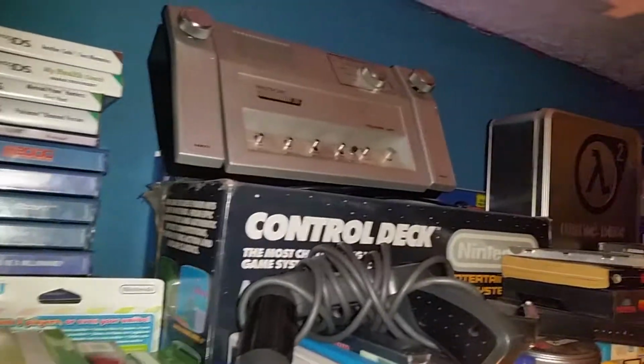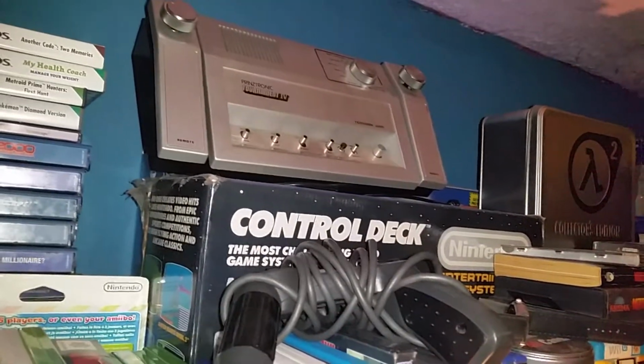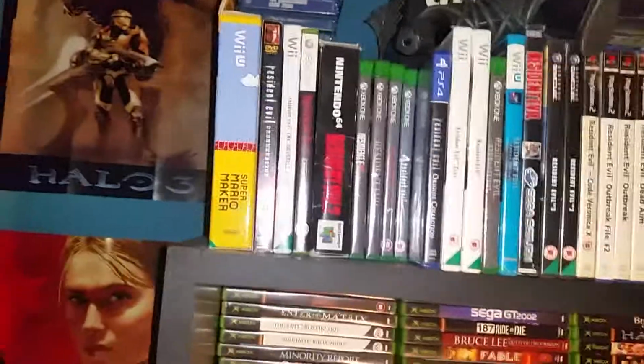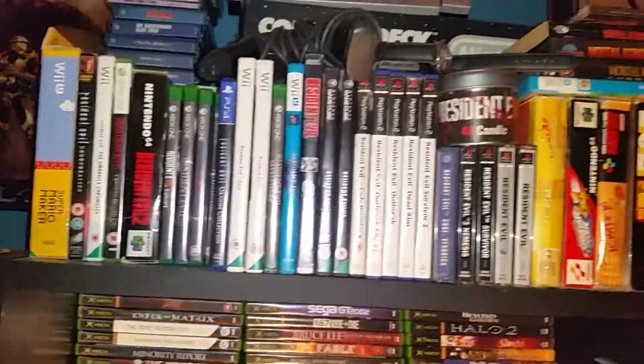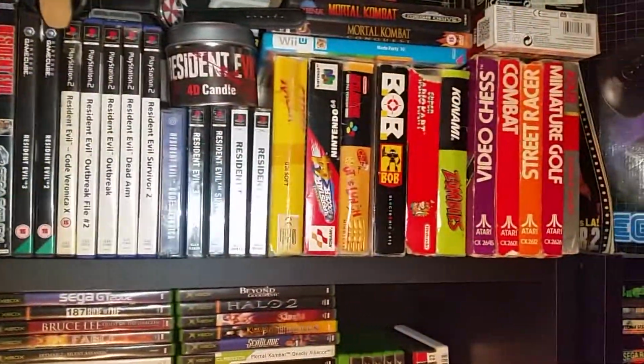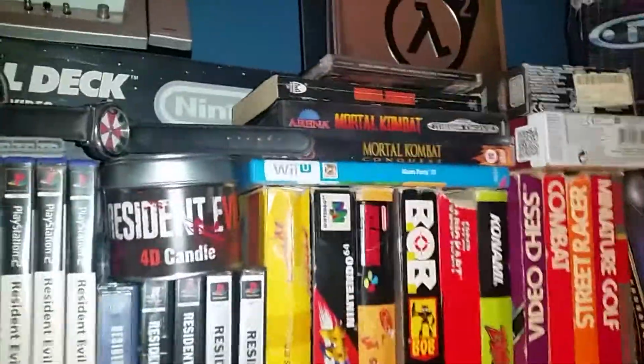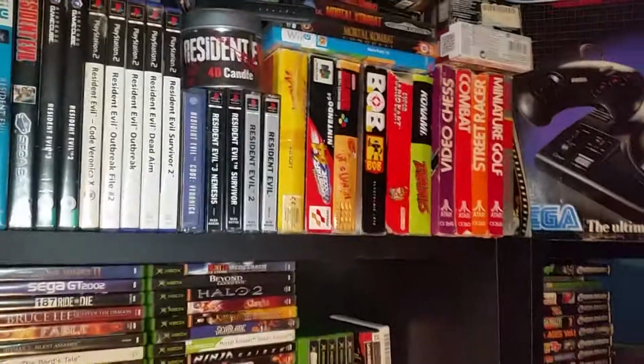There's a box to my NES and a Prestonic Tournament 5 Pong machine. And then the rest of this is some Wii U stuff, and then my Resident Evil collection, and my SNES boxed and my Atari boxed, and then there's some Mortal Kombat stuff on there with Mortal Kombat 1 and Mega Drive. Then all my boxes go up here. There's loads behind them as well, but